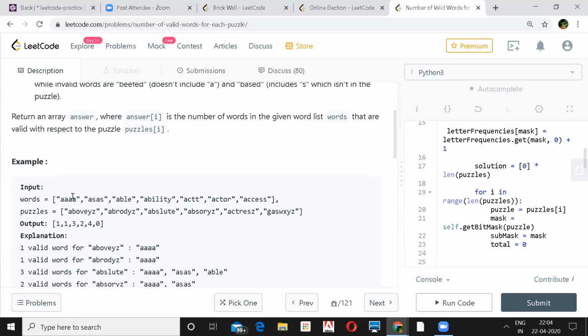Can I share my screen? I just want to give it a try. Sure. Actually, I tried the bitmap, but I'm stuck with a TLE when I was comparing. I haven't solved this, so let me give this a try and see how it goes. Can you see my screen? Yeah.